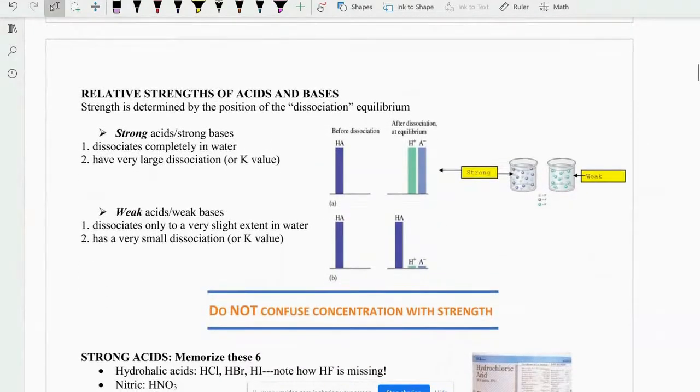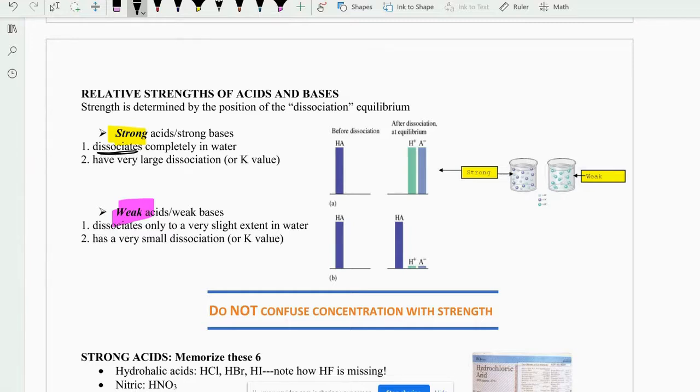Now, we're at the top of page 3, and we're going to talk about the strength of acids and bases, okay? It is true. There are strong acids and bases, and there are weak acids and bases. Now, it's going to be super important that you know and memorize these strong acids and bases. And whatever is not on your list will consequently be a weak one. So let's talk about what it means if something is a strong acid or a strong base. What that means is it is going to completely disassociate into its ions